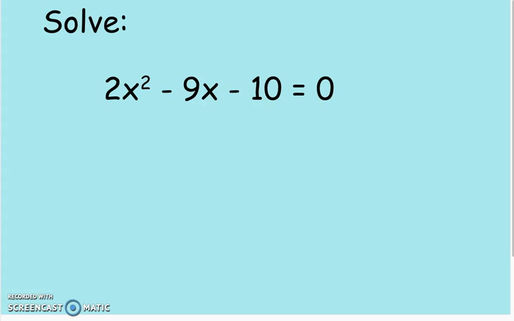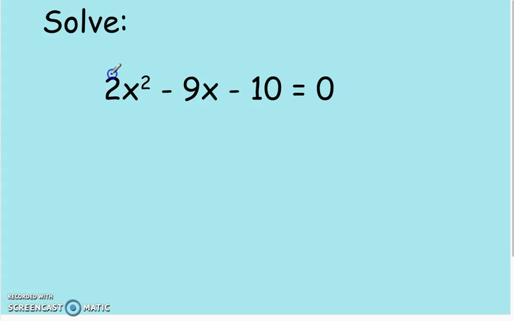All right, another example. So again, this one is already equal to 0. Don't worry, you'll see lots of examples in class where it's not equal to 0, but for now we see one that's equal to 0. And we need to decide if this is factorable. It's kind of tricky to tell if it's factorable because it's a tricky trinomial. There's not a GCF, so